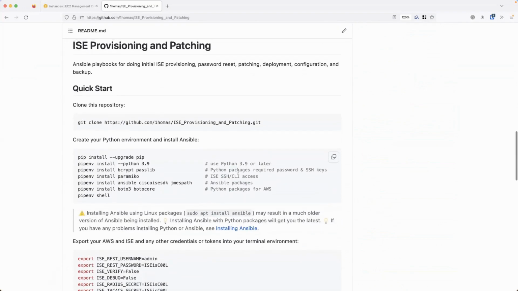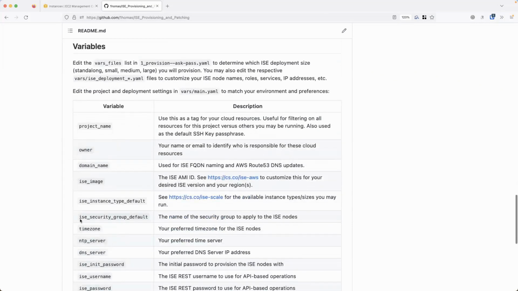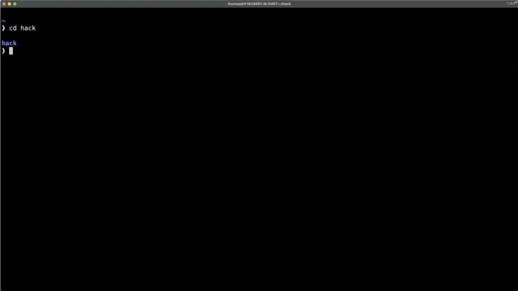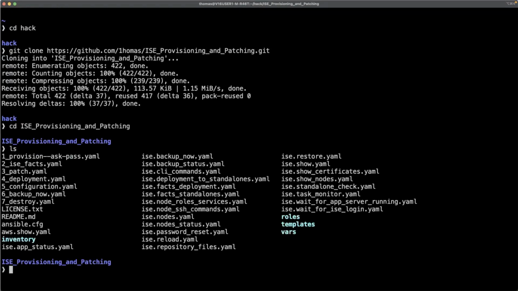And the steps I'm going to be doing now are basically under this quick start, where we clone the repository, install Ansible and these Python packages, set up our environment by sourcing some variables. And then I've already got this set up for my situation, but you may want to customize these for your environment. So the way this works is I like to go ahead and clone that repository into my local environment, and then change directories into that repository that we just cloned, and